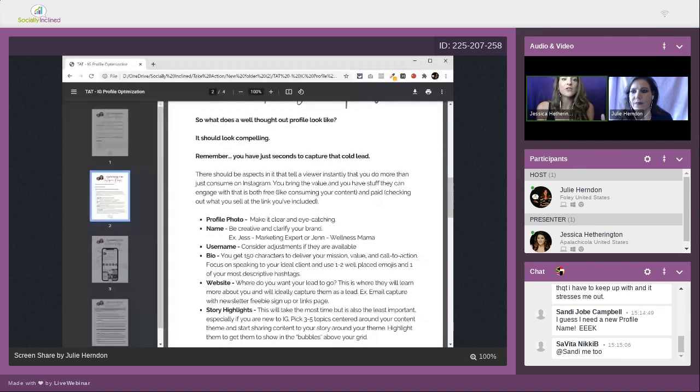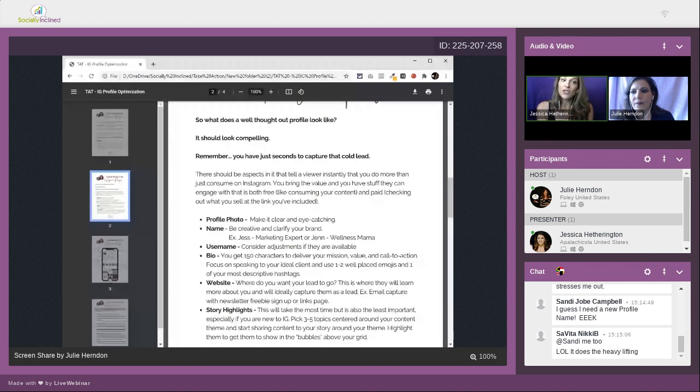On Instagram, when you've optimized that profile correctly, it is going to be speaking to your ideal client so that when they come to your profile, they know what they're supposed to do. And as we're going to show you, it will capture them as a lead so that you can keep up with them and warm them from a cold lead to someone who knows, likes, and trusts you and wants to either consume your stuff or, better yet, buy your stuff and turn them into sales.